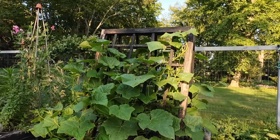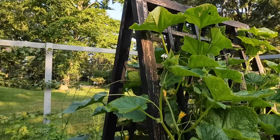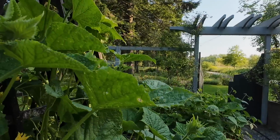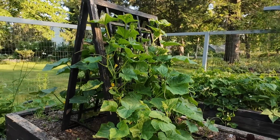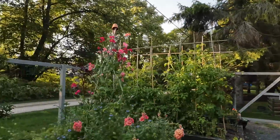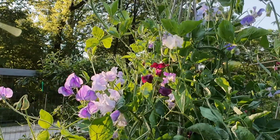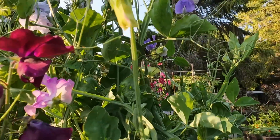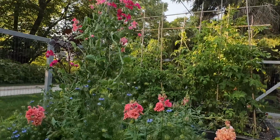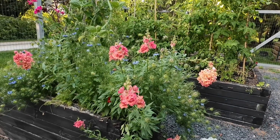I've had 2 cucumbers so far, but the cucumbers are looking pretty good, I think. I do like training them up. There's a whole bunch of cucumbers on. I like training them up this trellis. I just weave them in and out. Works well. Let's just take a look at some sweet peas. Oh, they're really beautiful. And I'll smell them for you. Yep, still smell good. Pink ones with some beautiful Madame Butterfly